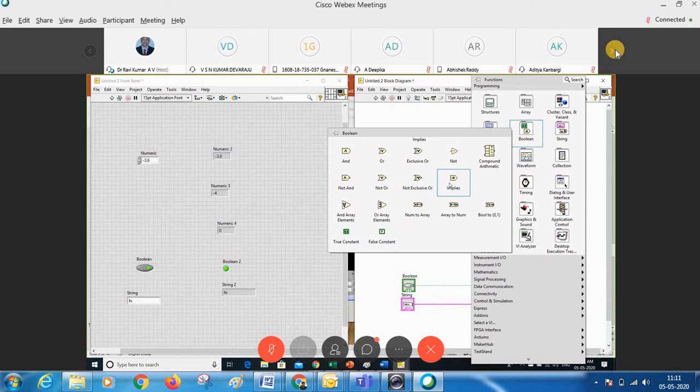See, for example, I want to read the IR sensor value. The IR sensor value is a digital value. Whenever it is getting 1 or 0, I can read it. So if I want to manipulate it, I can configure some logical expressions. So I can use logical gates to implement that kind of application.